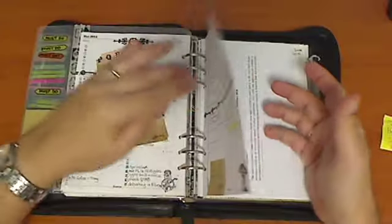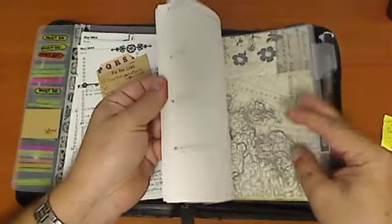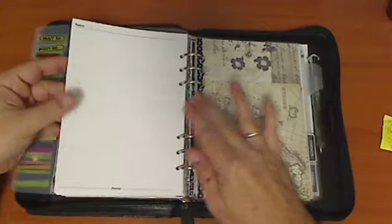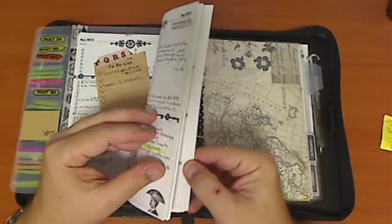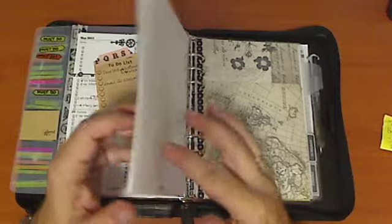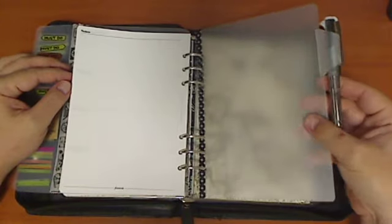So this is this week, and then of course I haven't started next week, so I'm experimenting with that. After that, of course, is just the rest of the year diary, which is there. Because I've got a lot more room, I have put the whole year in. Some people only keep a couple of months at a time to cut down the bulk. I find that I've probably got enough room now to keep the whole lot in, and I do like to refer to it. After that, I've got a pen holder